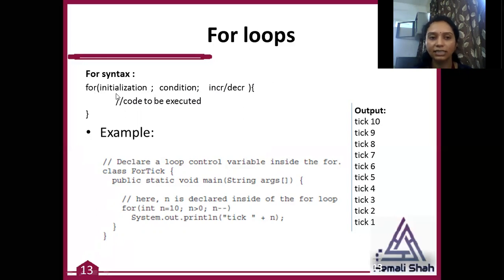This initialization statement executes only once for a for loop. This condition statement always executes to check whether the condition becomes true or false. This increment decrement operator executes many times, after executing the body part once. So here I want to print the same, 10, 9, 8, 7, 6, 5. For that, the loop syntax is integer n equals 10 and initialize with 10, and n greater than 0 is my termination condition, and I want to decrement the value of n, and inside the body part I am going to print the value of n.